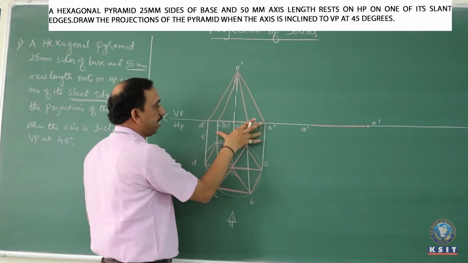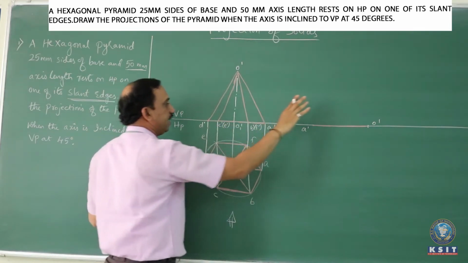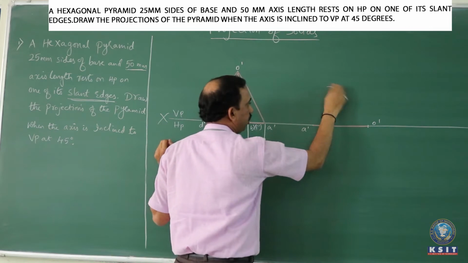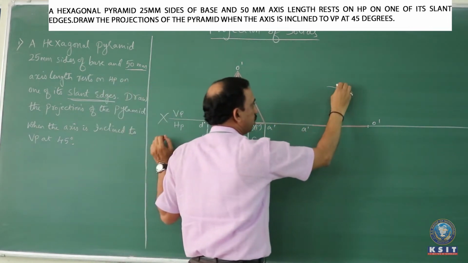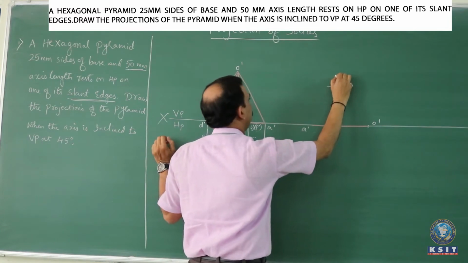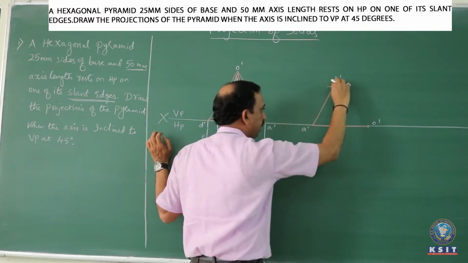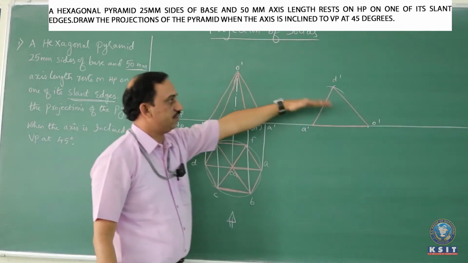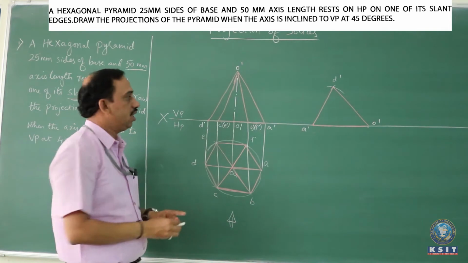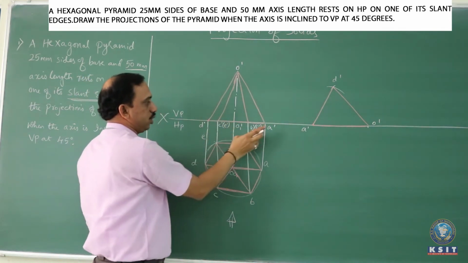Now take the complete base face. Measure the complete base face from the compass, A dash to D dash, with A dash itself as center, drop an arc. Measure O dash to D dash with O dash itself as center, cut this to fix D dash. Join A dash to D dash to O dash so that this complete front view itself is tilted to this position. Transfer all these intermediate parameters to that.